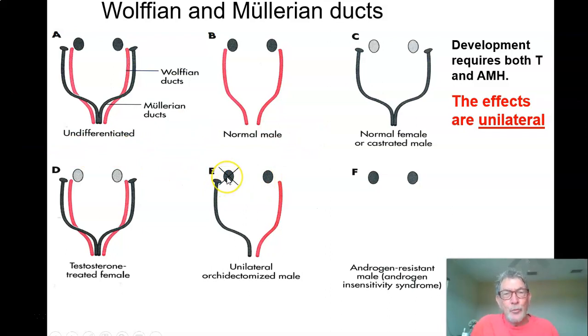If this testis were absent in a male, you're a genetic male, you make one testis that works right, and it keeps your male tube. It produces anti-Müllerian hormones, so you get rid of the female tube. As a baby, only one testicle drops into the scrotum. And you can be a reproductively active male if you've got one thing that works. But because there's none over here, you'll actually have a fallopian tube on the other side. Surprise, surprise.